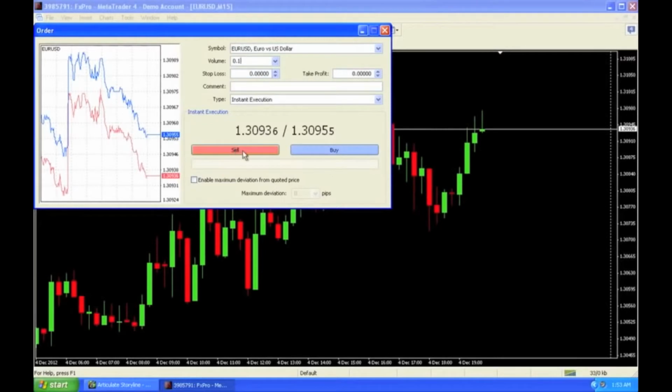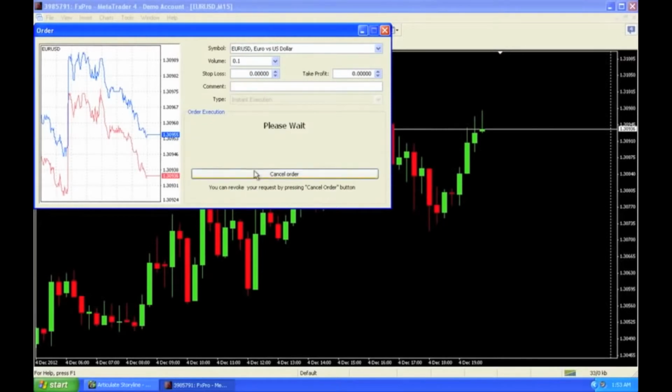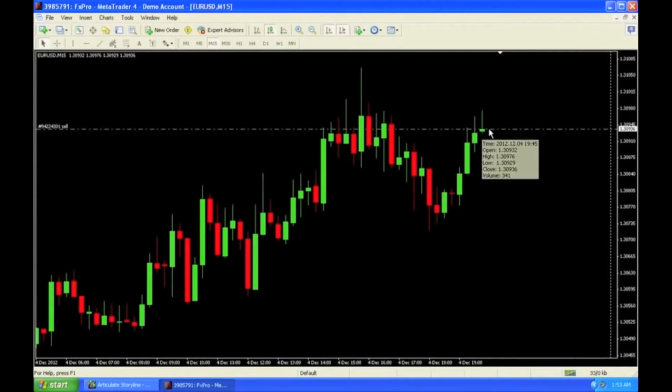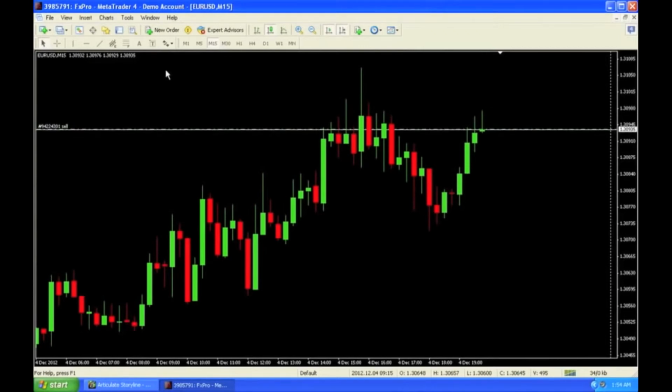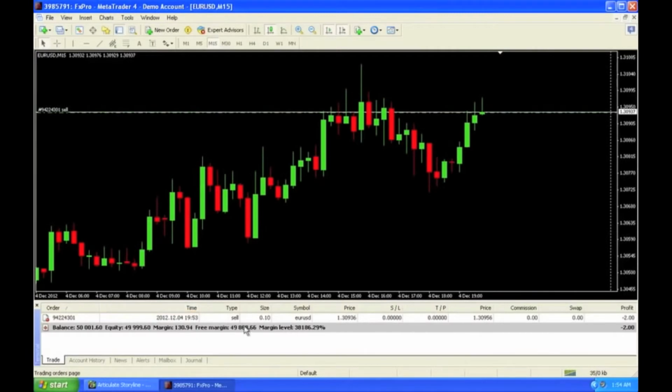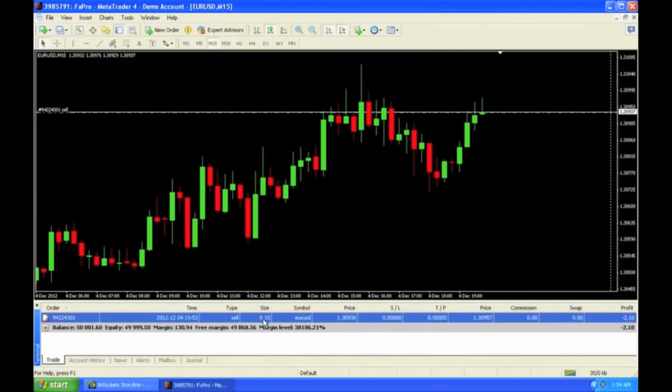I click the sell button. What I've just done is what we call a market order. I've placed a trade at the market price. I did not expect the market to go to a certain price and then execute. Now, here are my running trades. Let's take a look. I have a sell of one mini lot at this price, currently running at -$2,